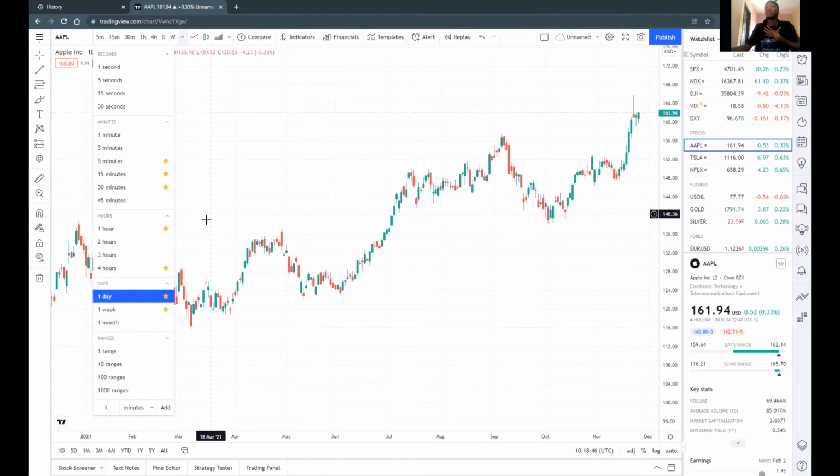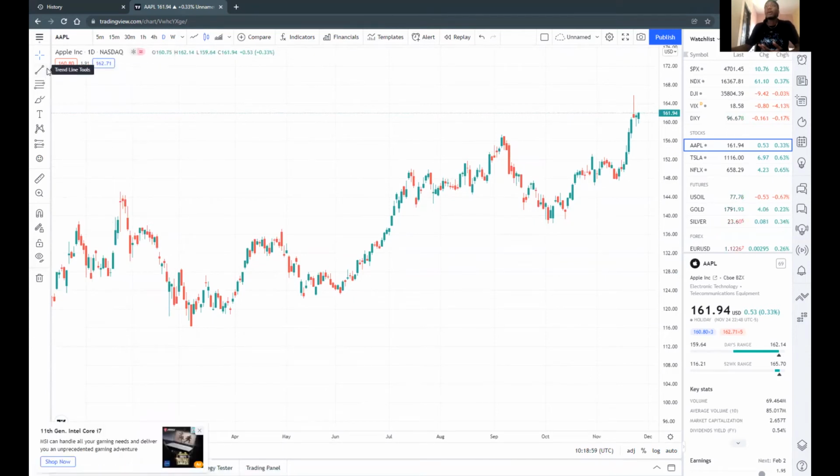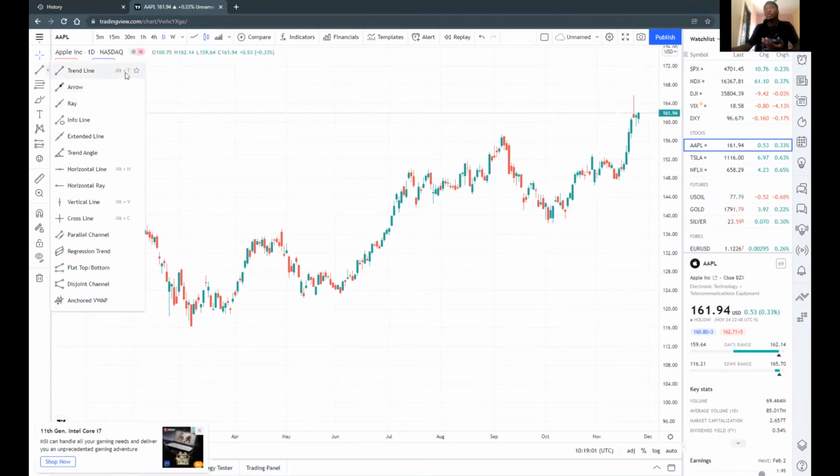That's what I use. So you as a trader, you should know what time frame you use. So these are the time frames I use, and this is the time frame I'll mark up. So those newbies, you guys can mark the same thing I did just now. But that's it. So now you come over here. There are some tools we all know we use, like the trend line,